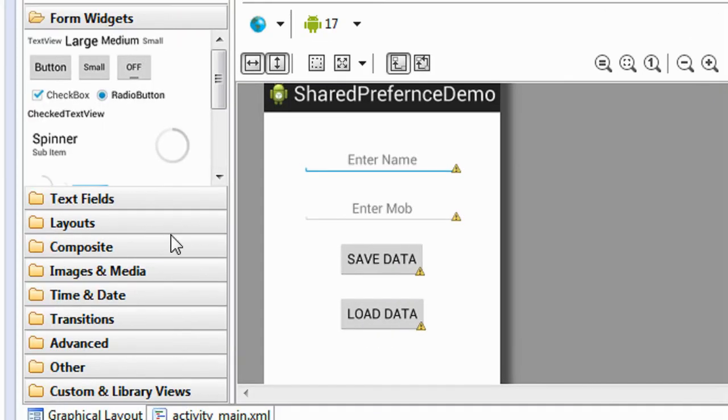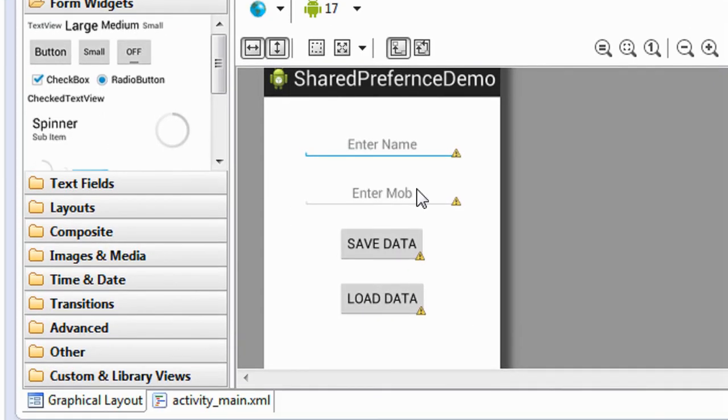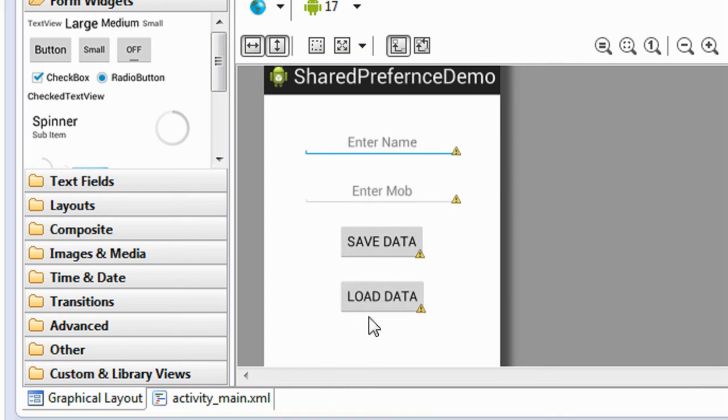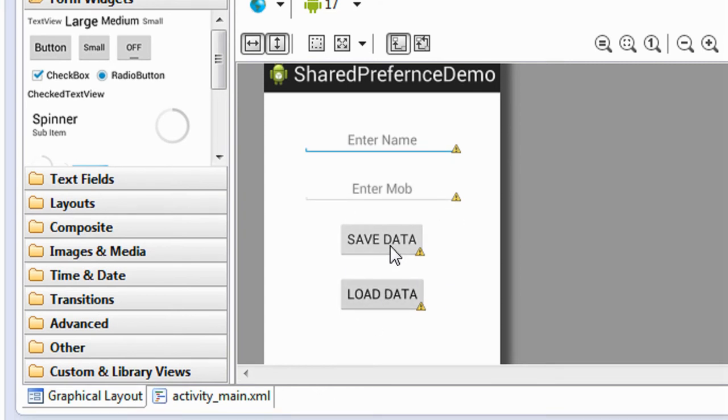That's fine. So here is the XML file. Here is the hint for the enter name field, and also I placed a hint on the mobile field. Also there are two buttons. The first one is for saving the data, and the second one is for loading the data.